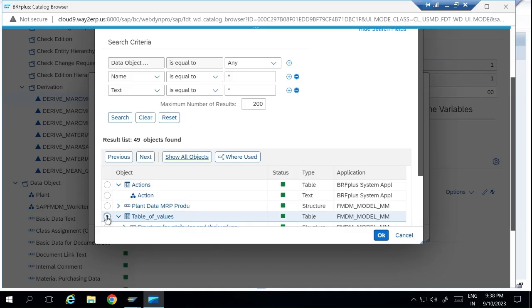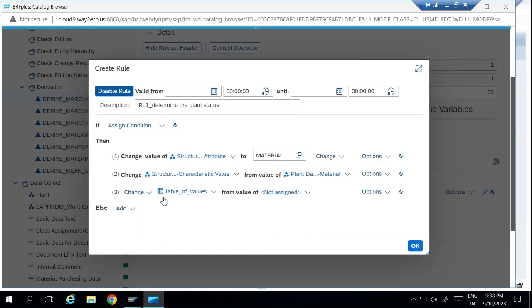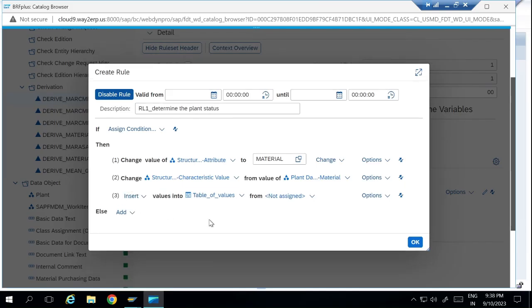So the two values which are determined from the previous statement, now we have to insert those values into the table. So we say table of values, we'll select the table and then we'll change the statement to insert table of values, and then in the non assigned field,